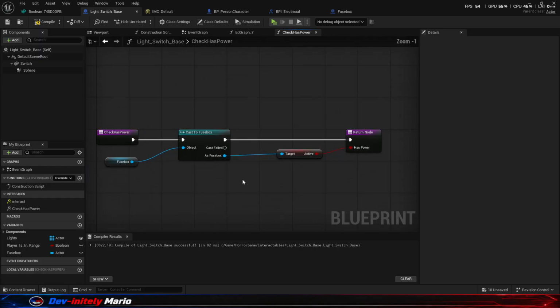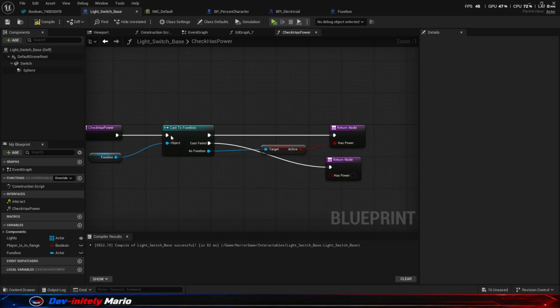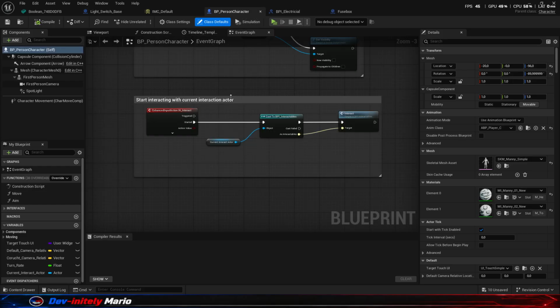So now we can look, has this the variable active? If the cast fails, then we want to return false. So if we do not connect a Fusebox to our interactable, so it can have power, we can immediately return has power false. Now we go to our BP person player,